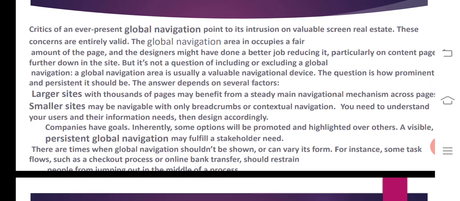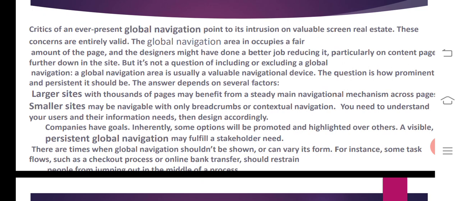Here are the critics of the ever-present global navigation. What is global navigation? It occupies valuable screen real estate.